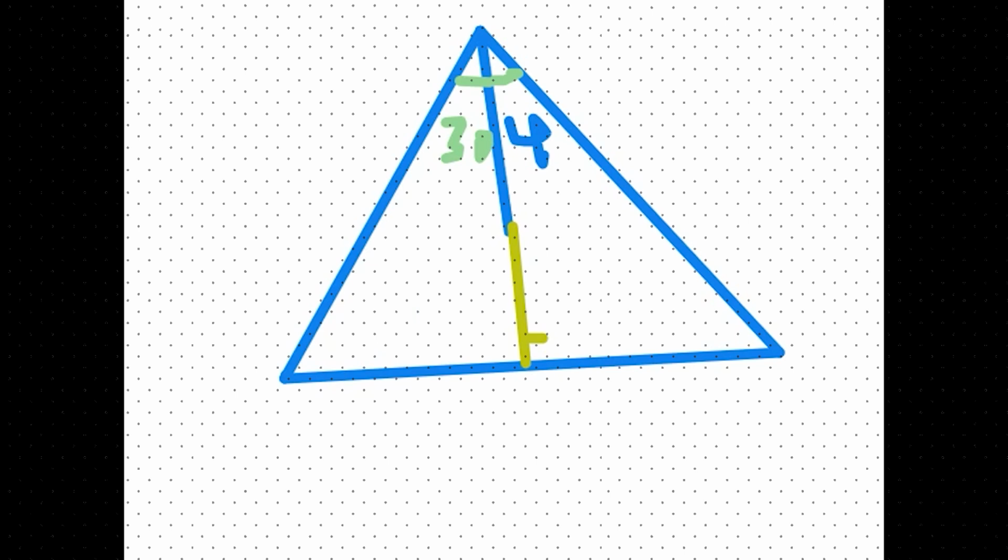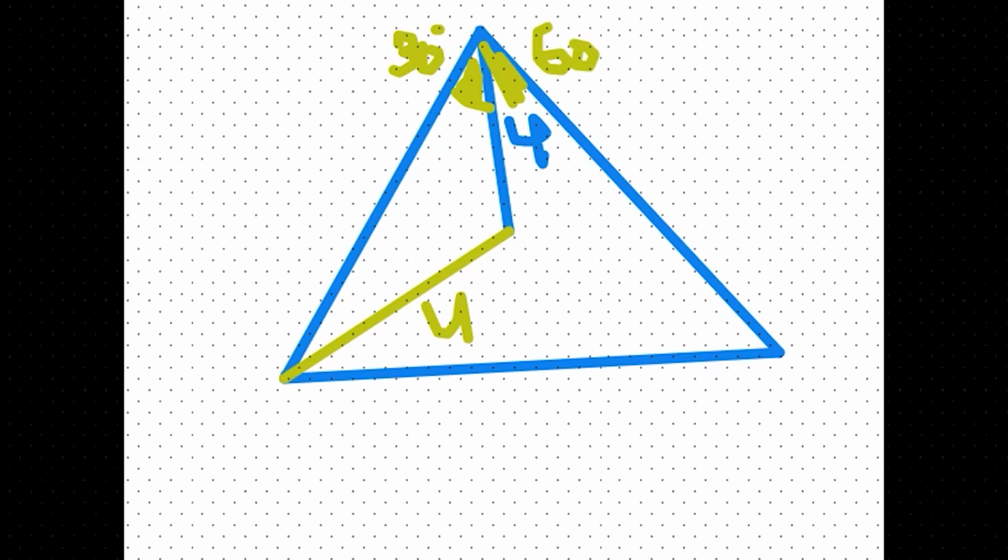Okay, let's take an alternative approach. Let's say if you join like this, just like I told earlier, this will also be 4, right? How much will be this angle? See, this is 30 degrees because the entire angle is 60, 30 each. So this will also be 30. So if you drop an apothem like this,